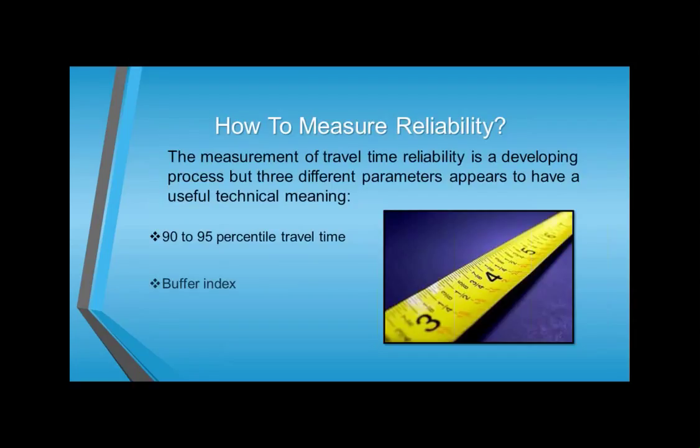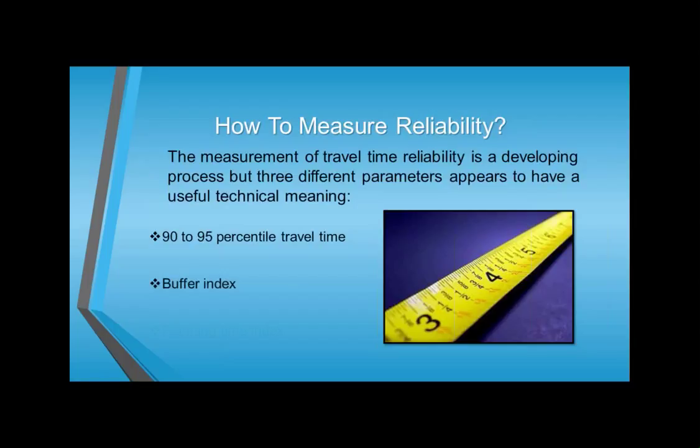We also have the buffer index, which estimates how many minutes, or how long, the driver has to add to the regular travel time to get to the destination on time. For example, if we have a 40% buffer index and the regular time we take to get from one destination to another is 20 minutes, we take the 40% from the 20 minutes and we add it to the regular travel time,